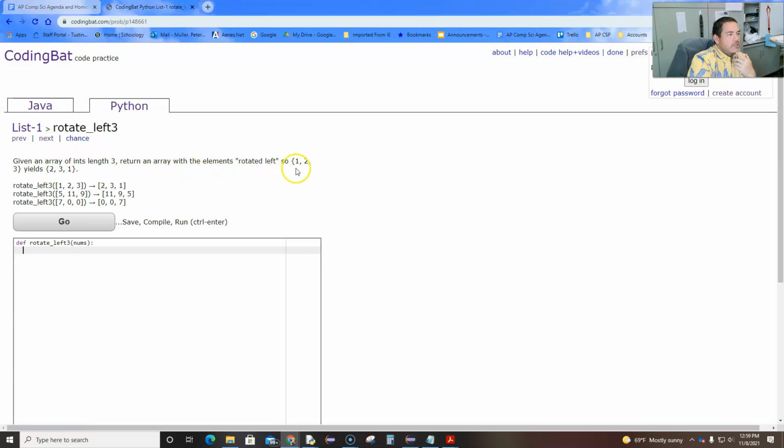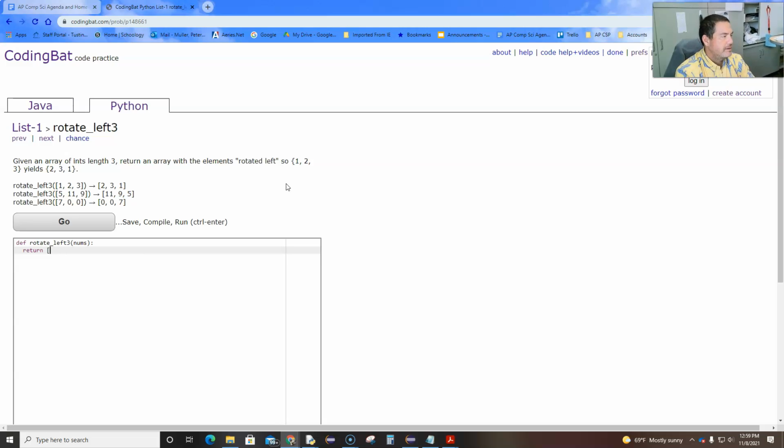Return a rotated left. So 1, 2, 3 becomes 2, 3, 1. So again, this is specifically length 3. Now, what people maybe have a hard time with here, a couple ideas. Maybe the idea of mutation or something like that, or how do you create a new list. It really comes down to accessing the values in the list and then placing them in a list. Essentially, I mean, you can do it different ways, but